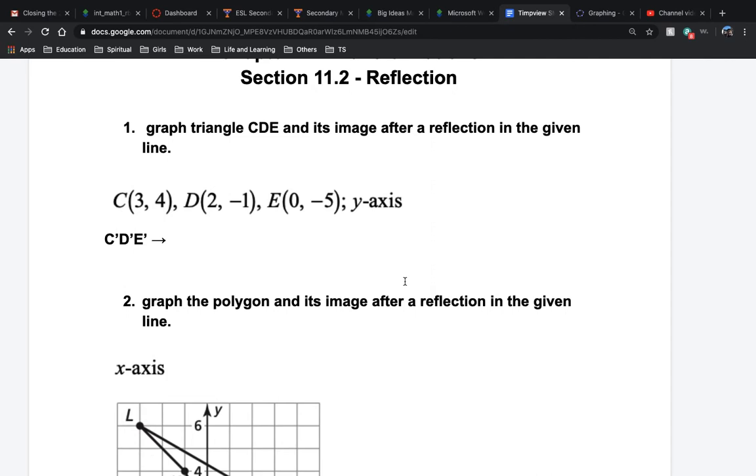The usual reflection lines we have are going to be the y-axis, the x-axis, or some vertical or horizontal line. It's also possible to reflect about a slant line, but we are not going to deal with that in this chapter and this occasion, okay? So this first exercise is asking us to graph the triangle CDE and its image after a reflection in the given line. So we are going to draw this triangle CDE and we are going to reflect it about the y-axis. Of course, I want you to refer to the book because there are important concepts that I am not going to show here,